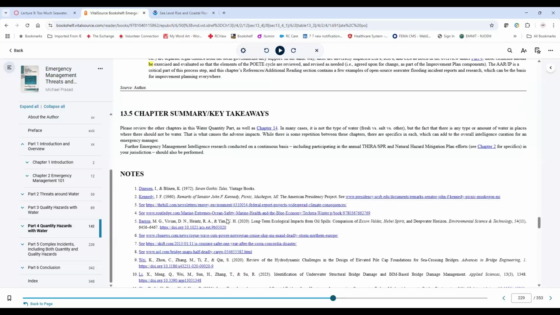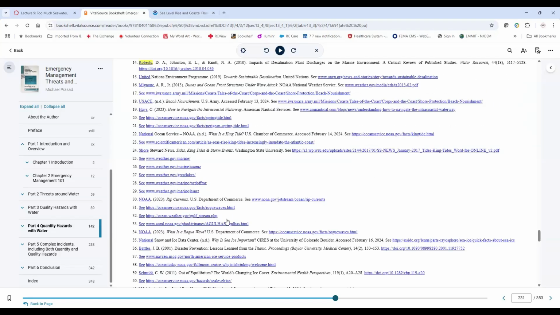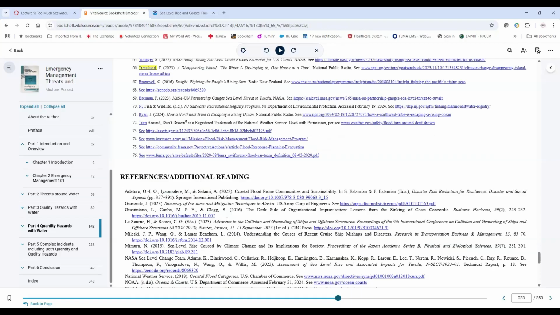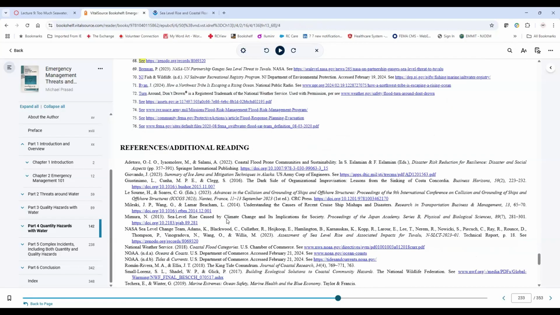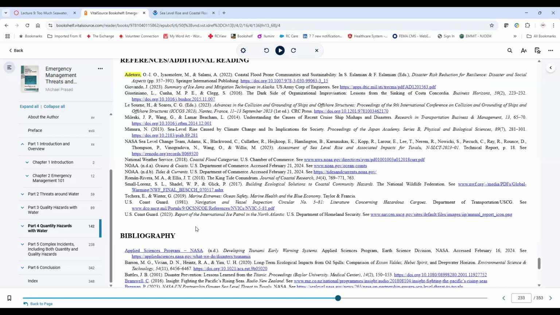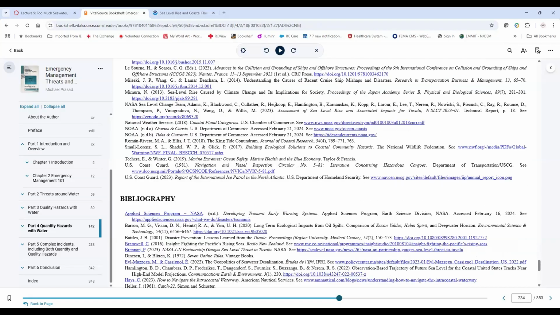So here's our notes. Again, it's pretty typical. Just going to quickly skim through these. The references, additional readings. Nothing's jumped out at me as something I would say absolutely everybody should read. But certainly the links here for those tides and currents and ocean, more of the science and a little more detail. If my explanations weren't concise or complete enough, here is all the basis for this and the background for it, and certainly more examples of groundings of ships and things like that are in these additional reading sections.